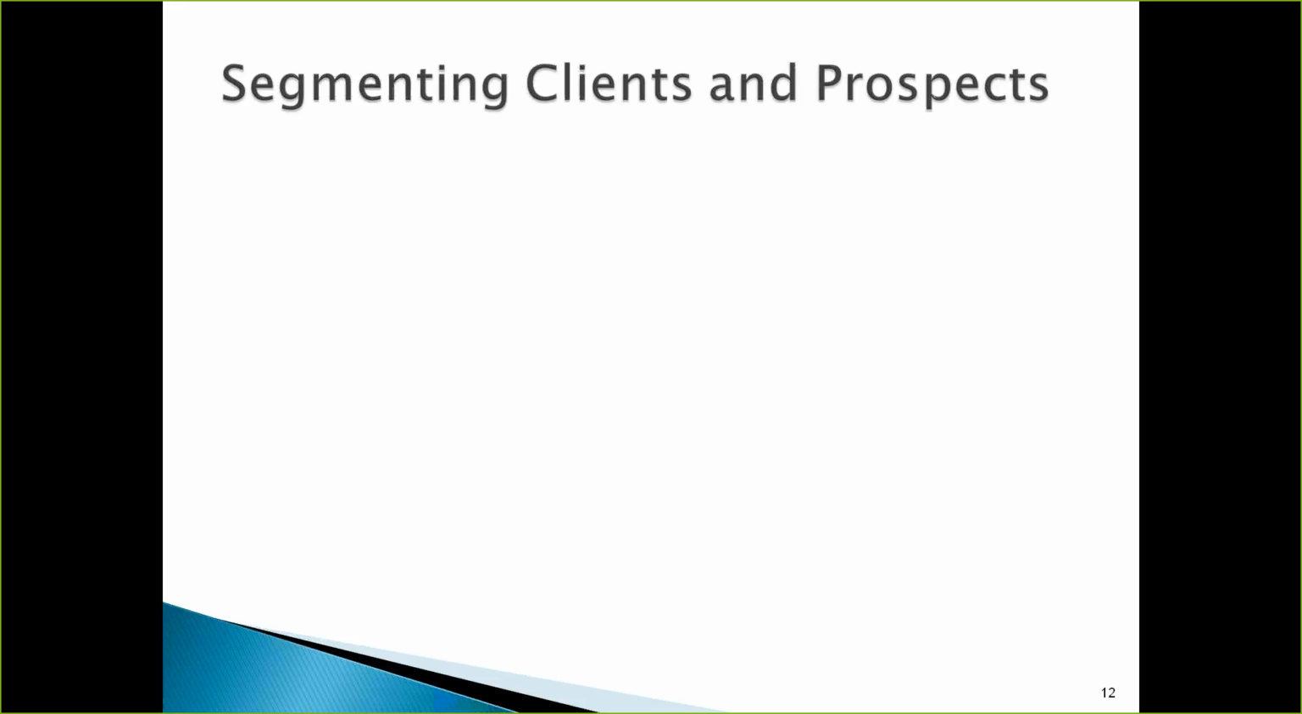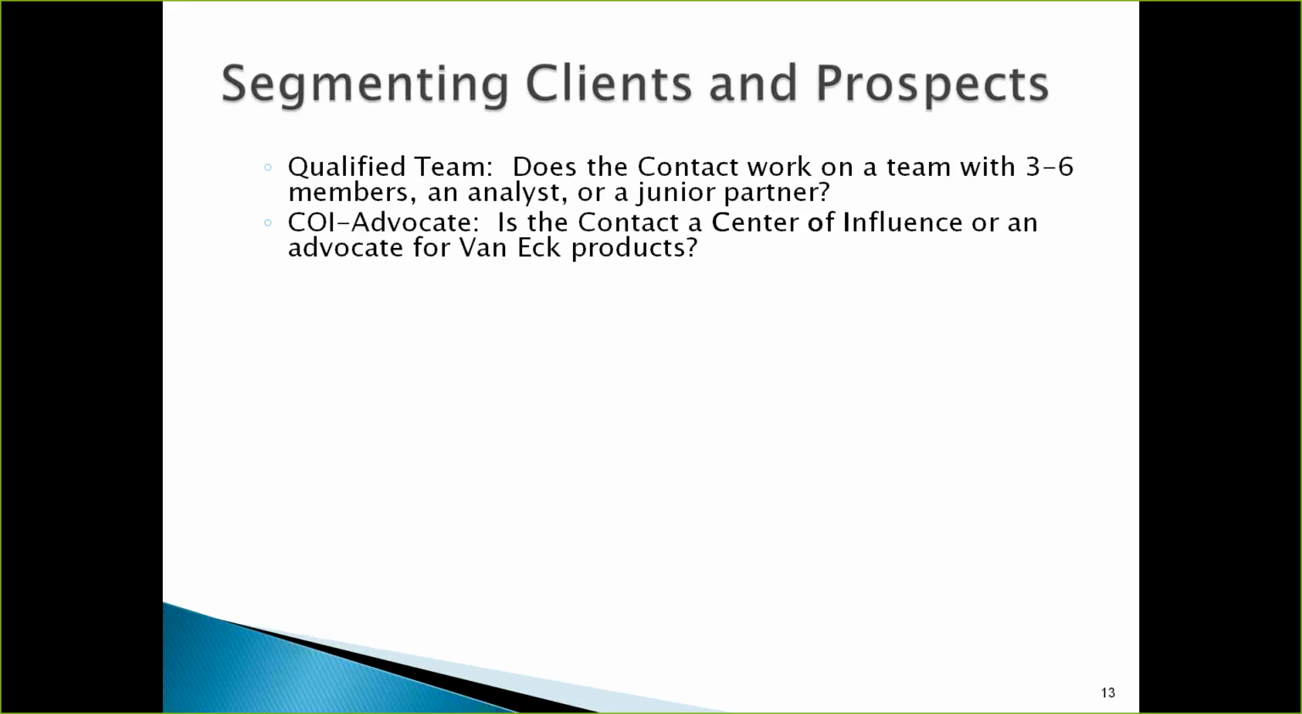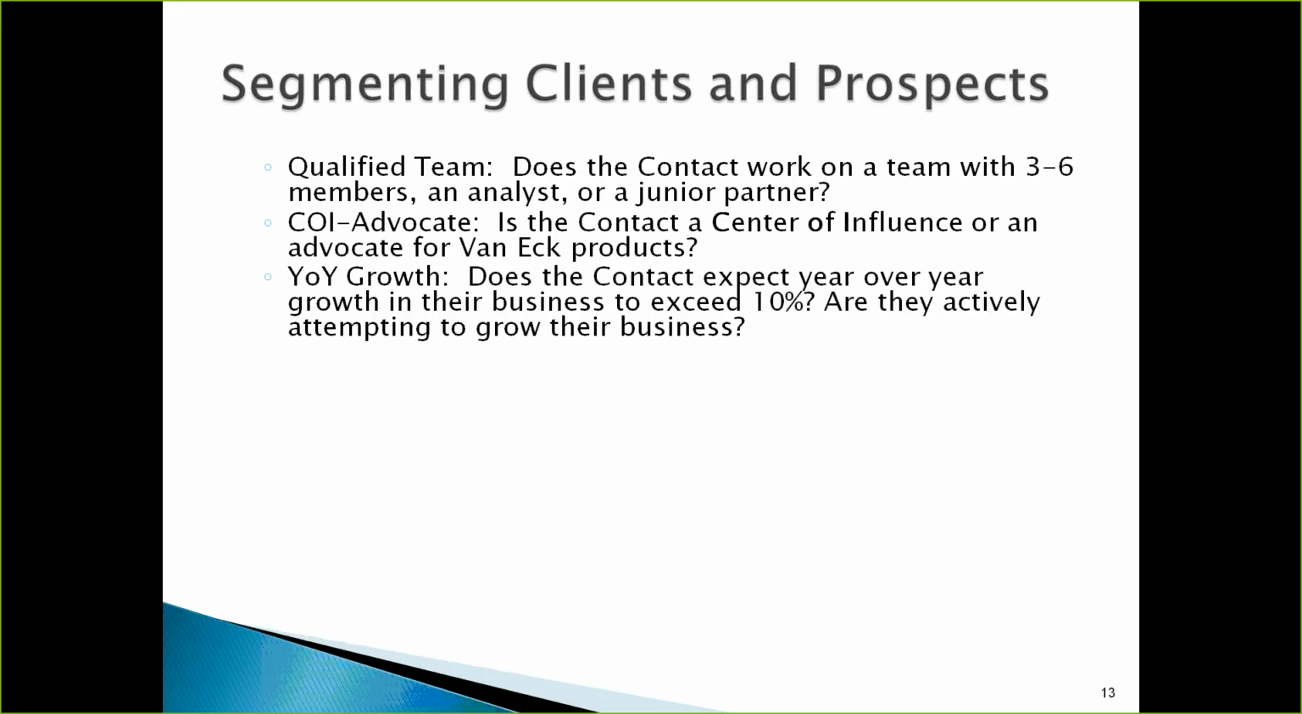In the second set of Sequoia fields, we want to know, are they a qualified team? In other words, do they work on a team that has at least 3 to 6 members? Usually these types of teams have an analyst or some type of a junior partner. Are they a center of influence or advocate for VanEck products? Are they in the growth portion of their business? Does the contact expect year-over-year growth in their business to exceed 10%? This would obviously be in contrast with, say, an advisor who is potentially looking to retire or not grow their business and has a stagnant